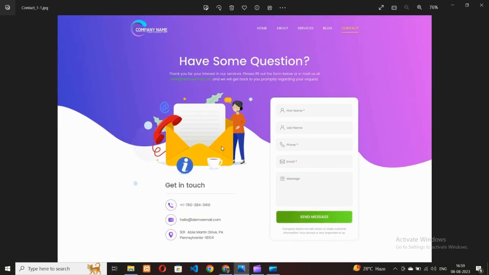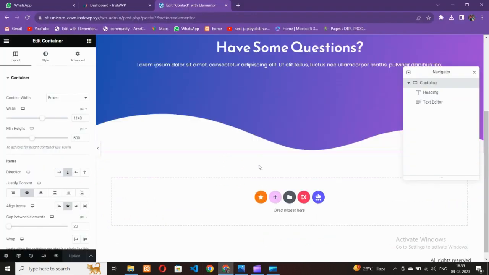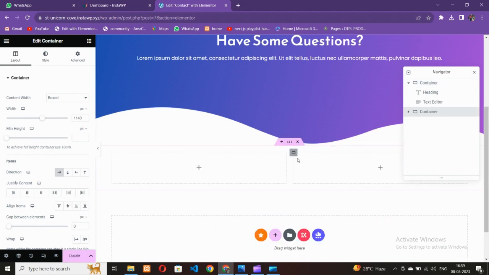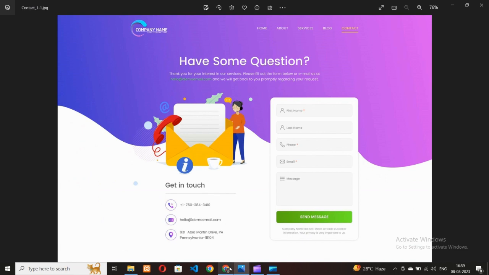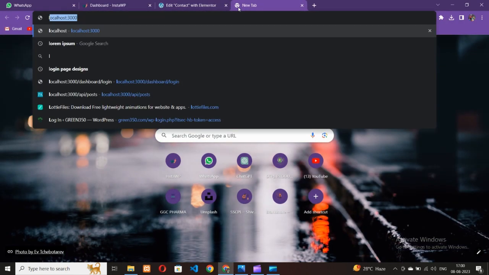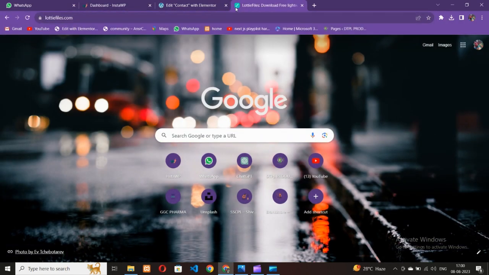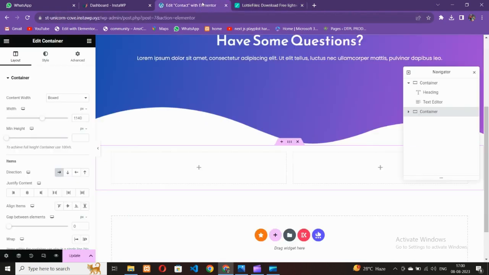So now the next part is we have to make these two sections. For making these two sections, let's go here and choose another container. The first one is the lottie animation. So for adding the lottie animation, go to the lottie files, and from here we're gonna find some similar type